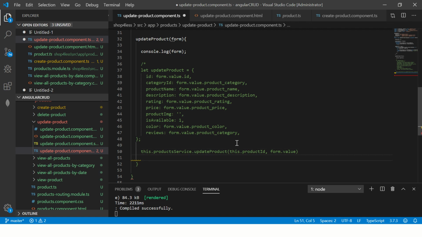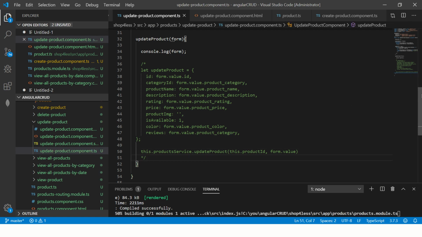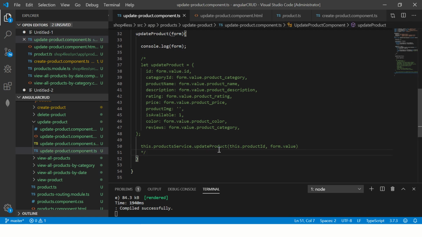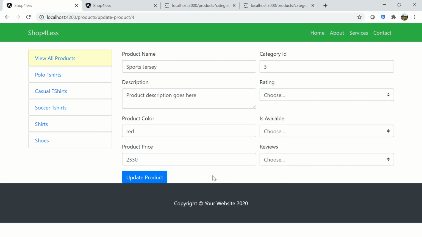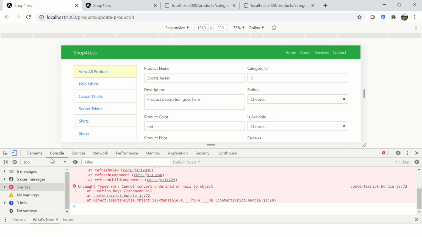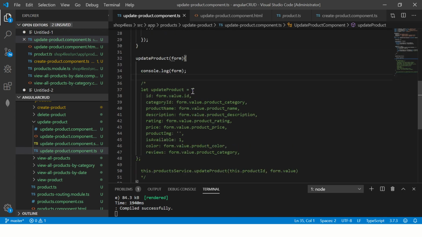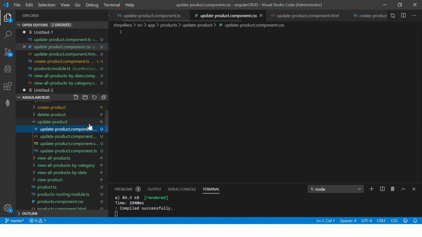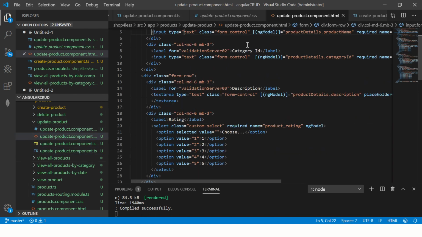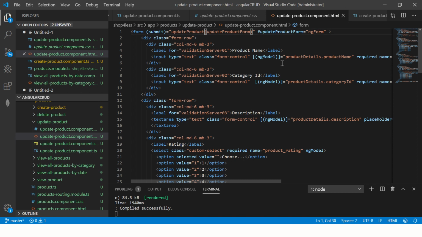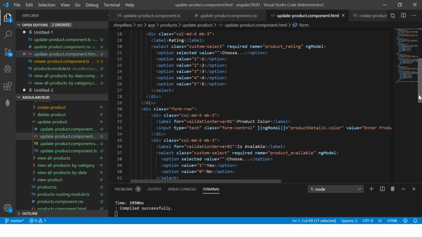You will not get it right. I sincerely hope that you all get it right, but even if you don't, remember that you need to debug, you have to learn to improve your debugging skills. So it's not printing any update product, console.log form. So here we have update product, and we have update product form is ngForm,